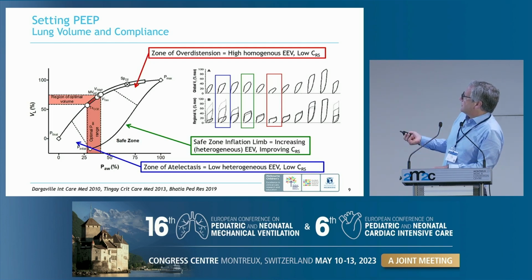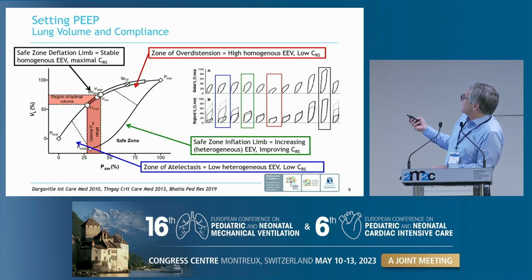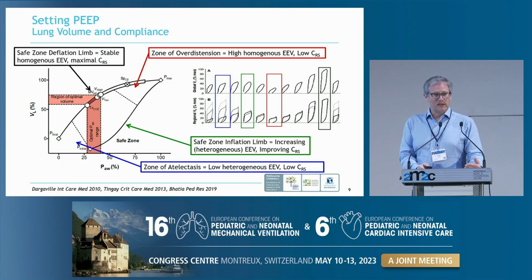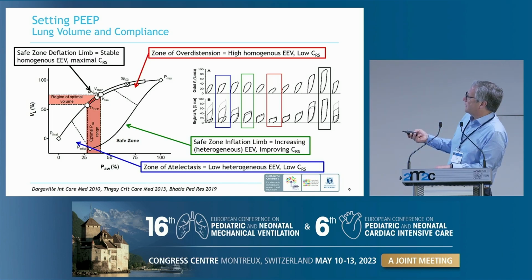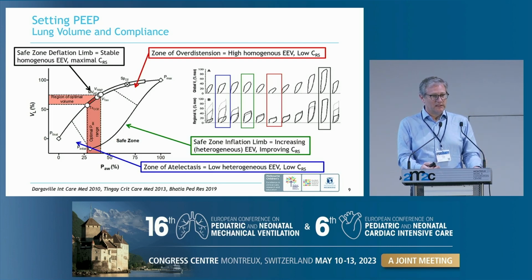If we then decrease our PEEP, we can map the deflation limb, and we can see now we maintain a homogeneity of ventilation and we get an improvement in lung compliance. So what we're wanting to do in our babies who have atelectatic lung disease is try to apply a respiratory strategy which delivers a PEEP which maintains recruitment and applies ventilation here on the deflation limb. That's pretty simple. That clearly makes sense. Translating it is really hard.